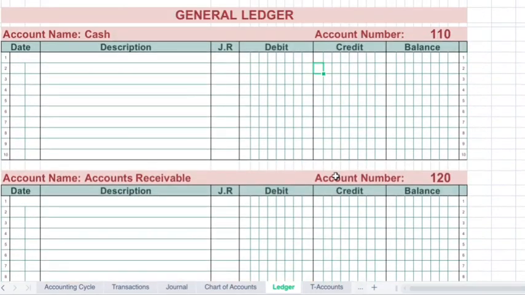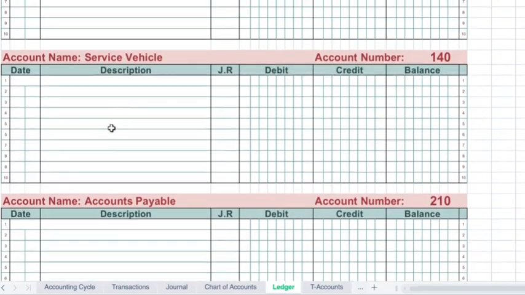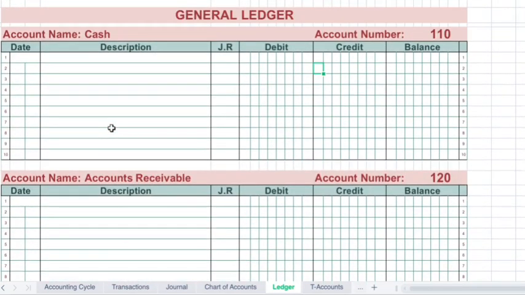So when we say ledger, it means shelf to keep something. So in a ledger, each account is shelved or kept separately from the others in a classified manner. So kung makikita nyo, ito may sariling T account yung cash, accounts receivable, prepaid insurance. So naka-separate na yung mga accounts. So isa-summarize na natin siya by account. Okay. So by the way,